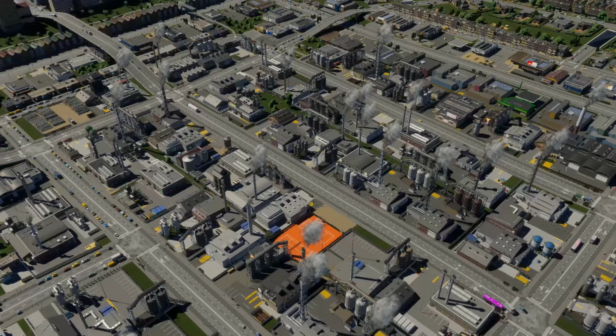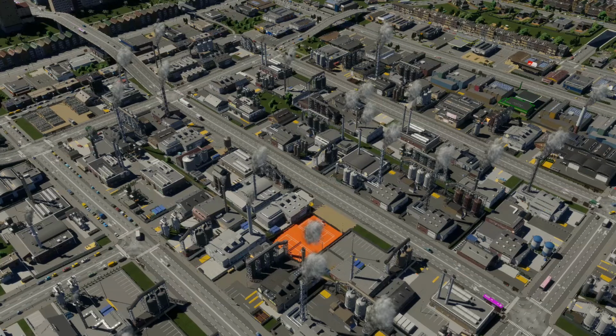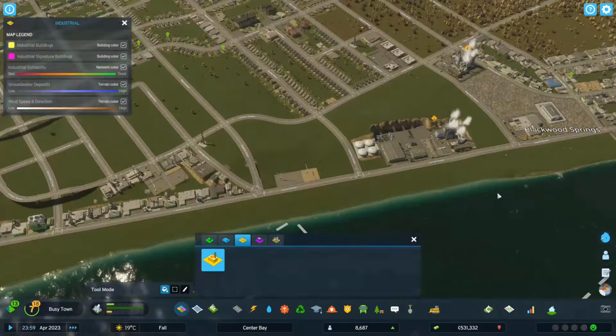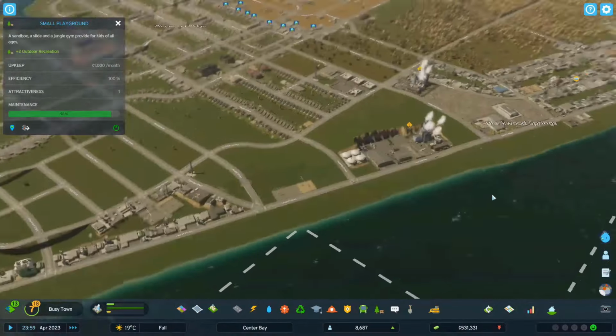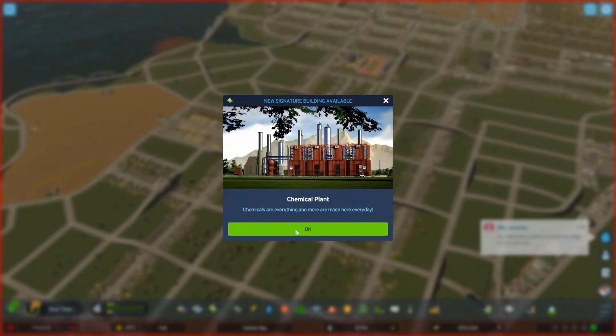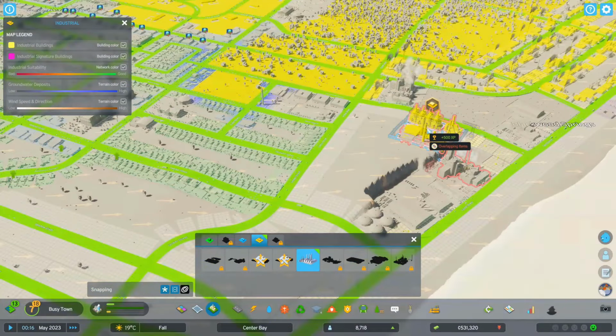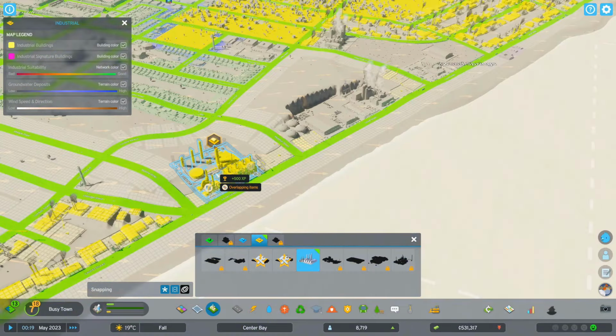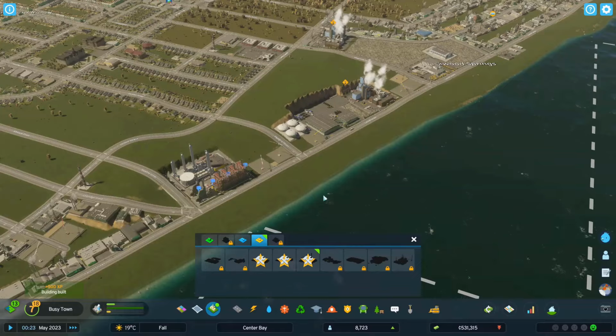And speaking about the roads, it's also a good idea to use larger grids in your industrial district. Not like this. This is the mistake I made in my first city. This is because though the industrial zones are quite efficient at using space, the industrial signature buildings are huge. They can't be placed in those tight grids. And besides, you usually place other polluters and loud facilities in your industrial district. They are usually quite big and need larger grids too.